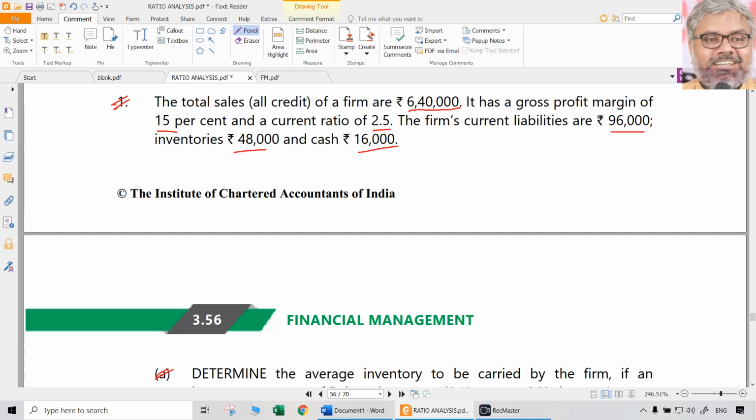These type of questions are more popular, wherein you have to do the reverse calculations, wherein from the ratios you have to find out data. You have to find out something that is asked in the question. For that purpose, the main point here once again is knowing the formula for ratio and understanding the relationship between various items.